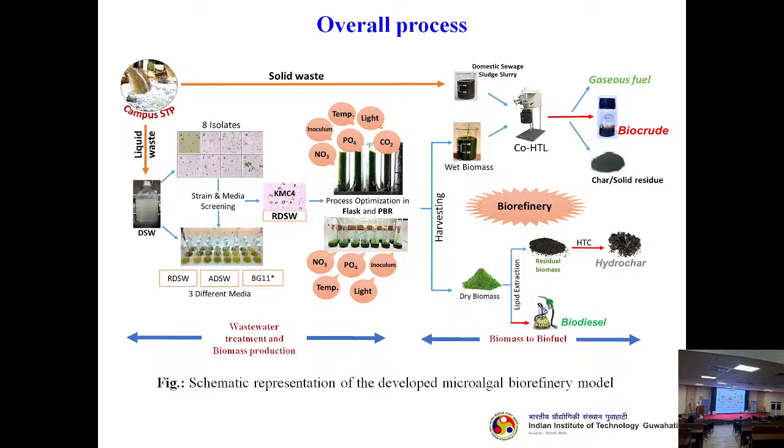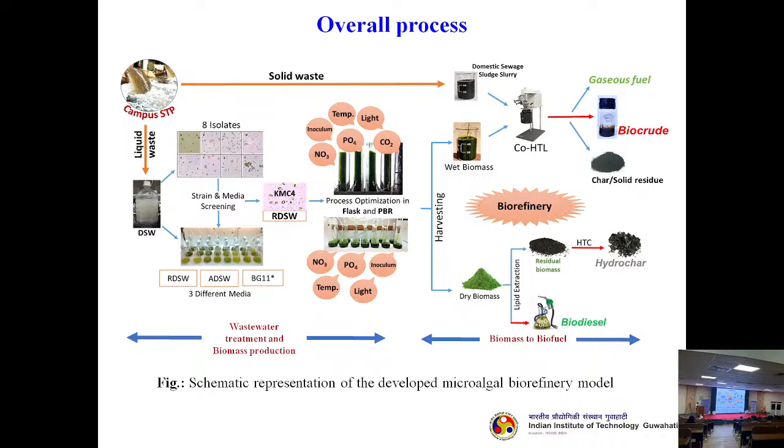solid waste. Now what is the solid waste from the STP? It is the sludge. Now you know that sludge is extremely valuable. Okay, it has so many nutrients and so many metals and other things. It can be used for various purposes. So we have used sludge plus this wet biomass without making it dry, and convert using hydrothermal liquefaction, and what we got is biocrude.